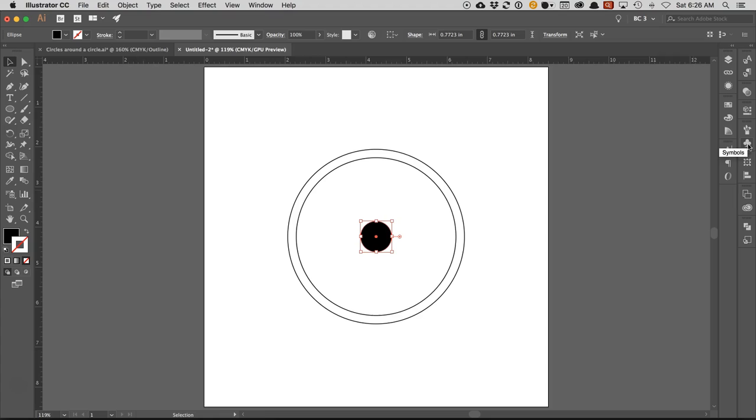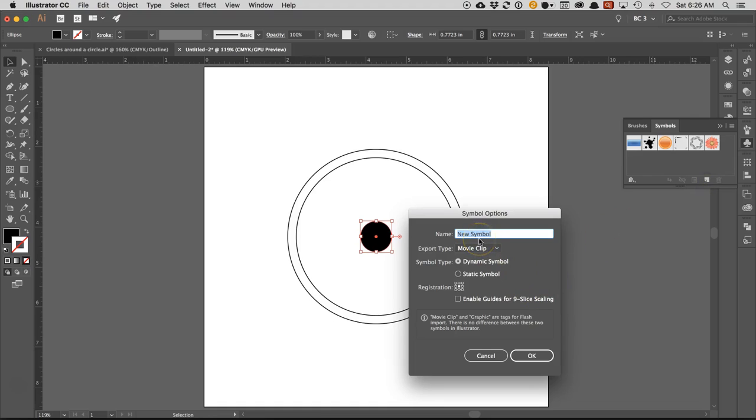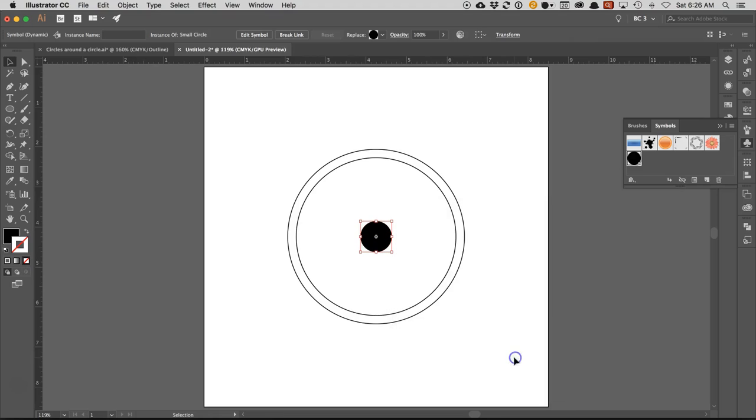And we're going to make a symbol. So I click on the symbols. I have that selected. I'm going to create a new symbol. And I'm going to name my symbol small circle. And I want to change it from movie clip to a graphic. Okay, so now I have my symbol,